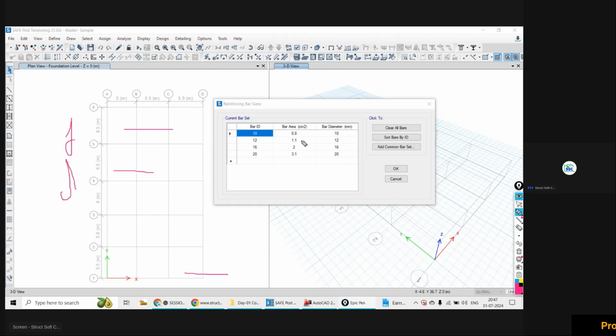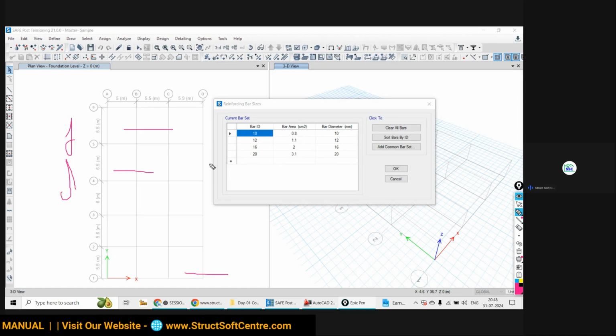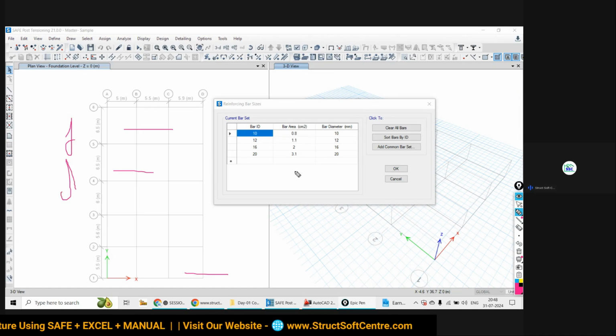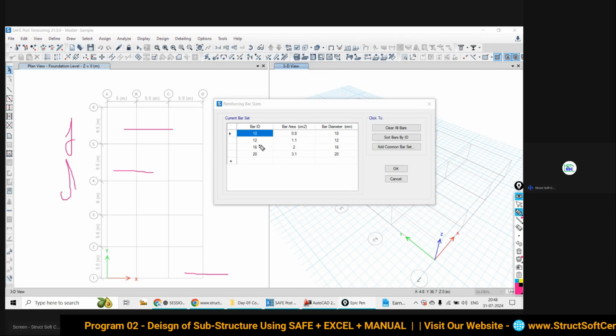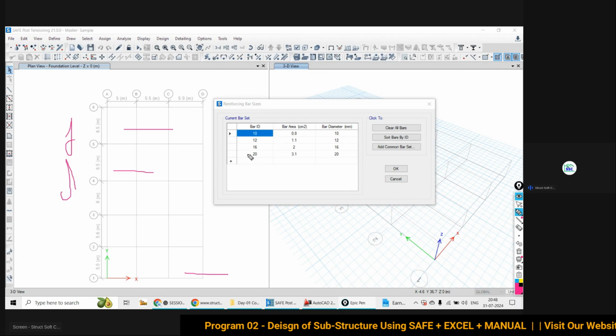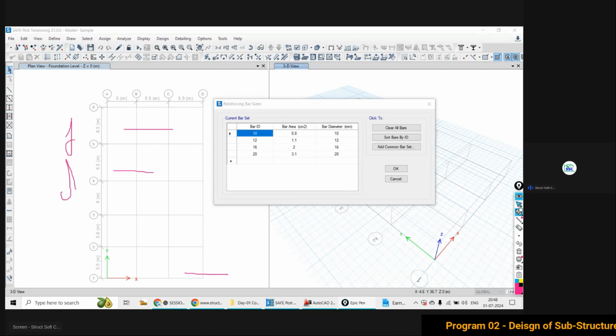Accordingly, it shows all the diameters of bars which are available in our country and respective areas. So you don't need to do anything. But if suppose you want to shorten it, if you want to make it specific for your consideration, then you have to adopt this practice. Understood? तब आपको करना पड़ेगा.